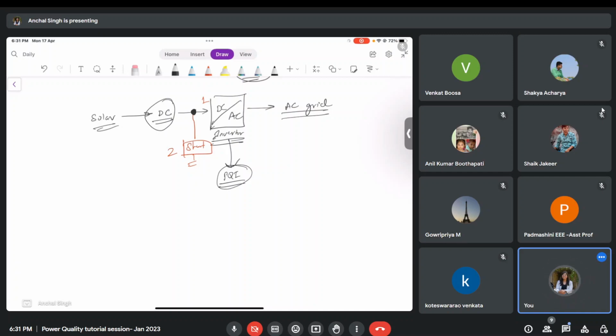So when you talk about solar energy, there are a lot of types of solar energy conversion systems. Some have battery inside them, some are standalone, some are connected to grid, some are not connected to grid, only local loads. So it will depend on what kind of system you have. Mostly the compensator I am talking about is for power quality improvement itself. You are right that if battery is there, then we won't need this power quality improvement device. But with battery energy storage systems also, there is another kind of power quality equipment that comes into the picture. And even with battery, whenever solar comes into picture, we will discuss that in today's lecture only,